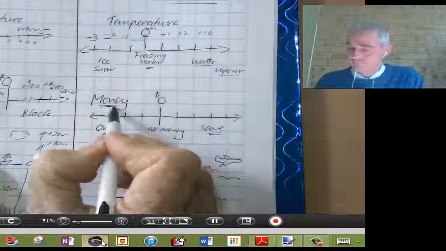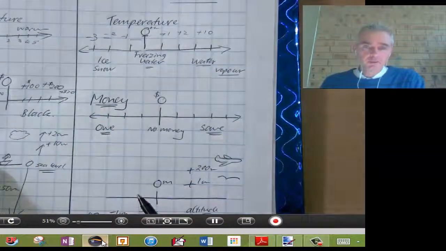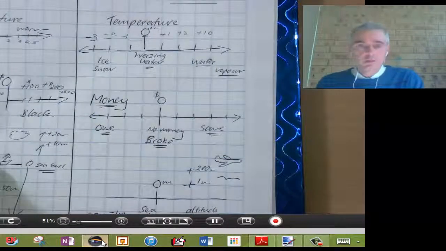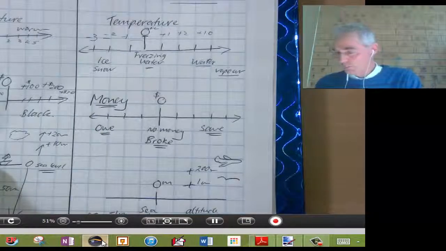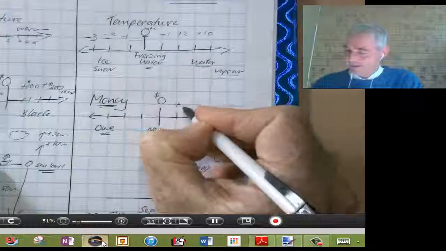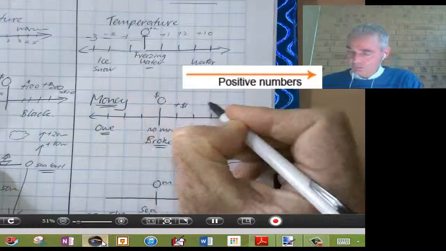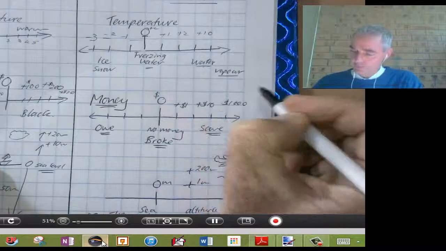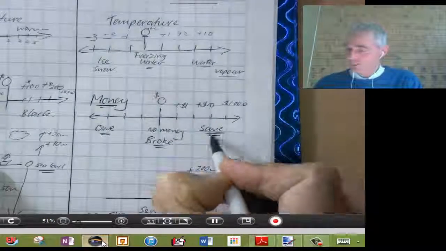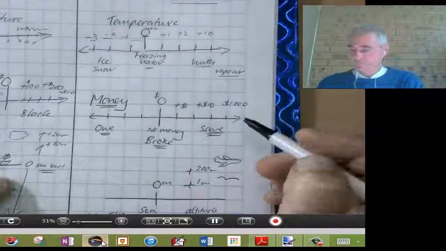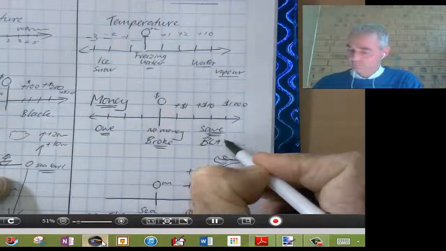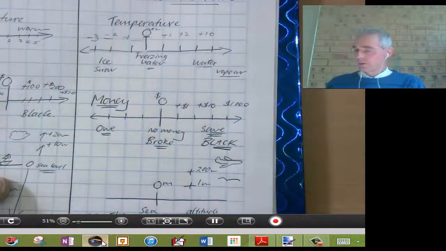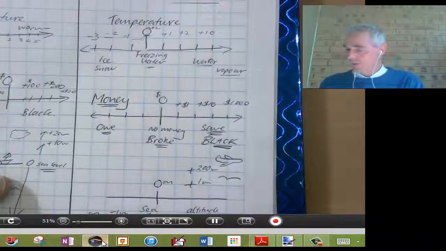That's to do with money. If you have no money whatsoever, people say you are broke. Right? You have no money to spend or to buy anything. If you are adding money on, you have $1. If you have $10, if you have $1,000, you're adding those up, you're saving money, you are in the positive. They call that being in the black, because they used to use black pen in the banks to write down that you had money, you were saving